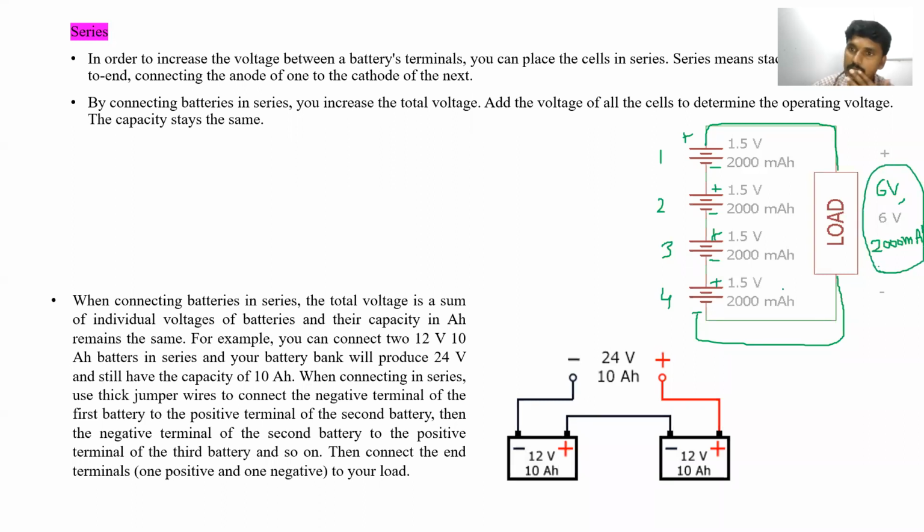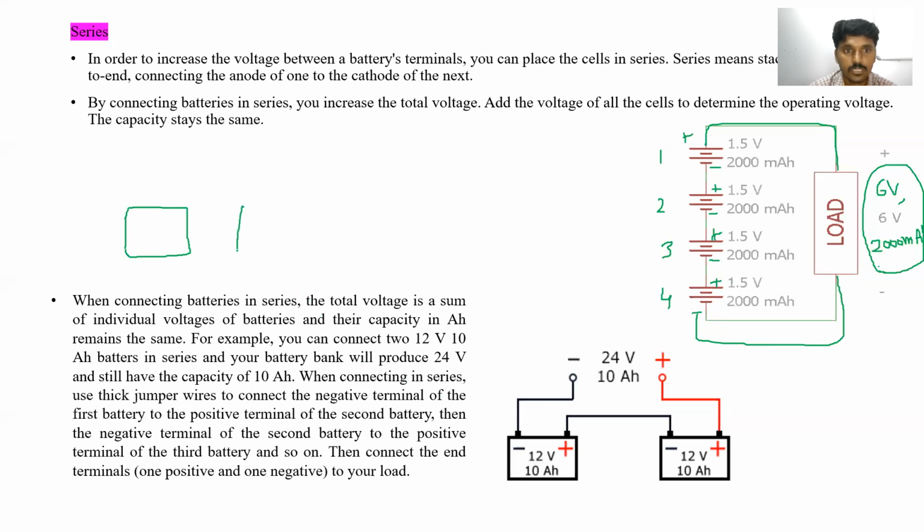Clear? In the same way, these are the cells we have taken, and we have connected them in series, so they can be formed as one battery. So if you want to connect a number of batteries in series, how can we connect them? Series means, this is the one battery. I have already shown the diagram, this one,